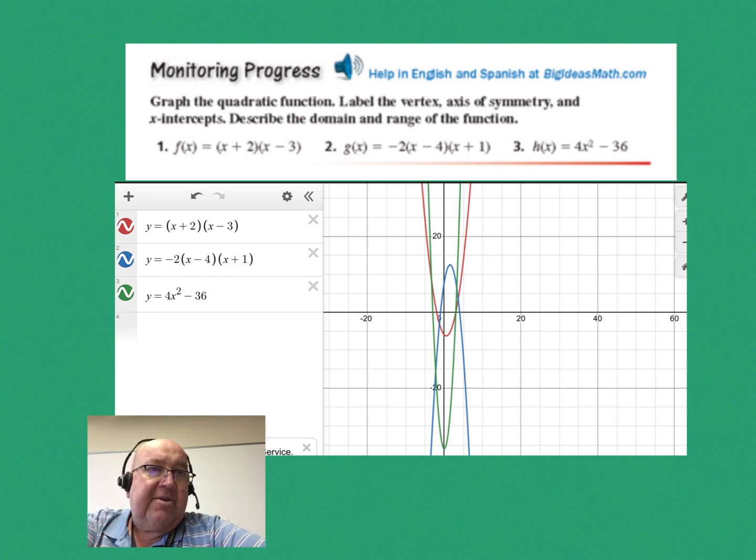It has intercepts of 4 and -1. And finally the green graph is 4x squared minus 36, which you'll remember is 2x plus 6 and 2x minus 6. So it has intercepts that are